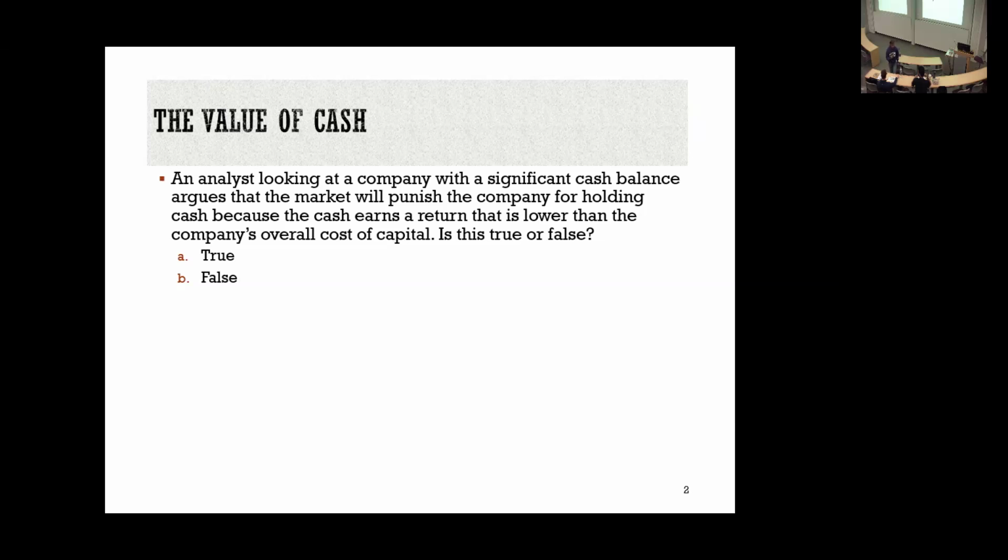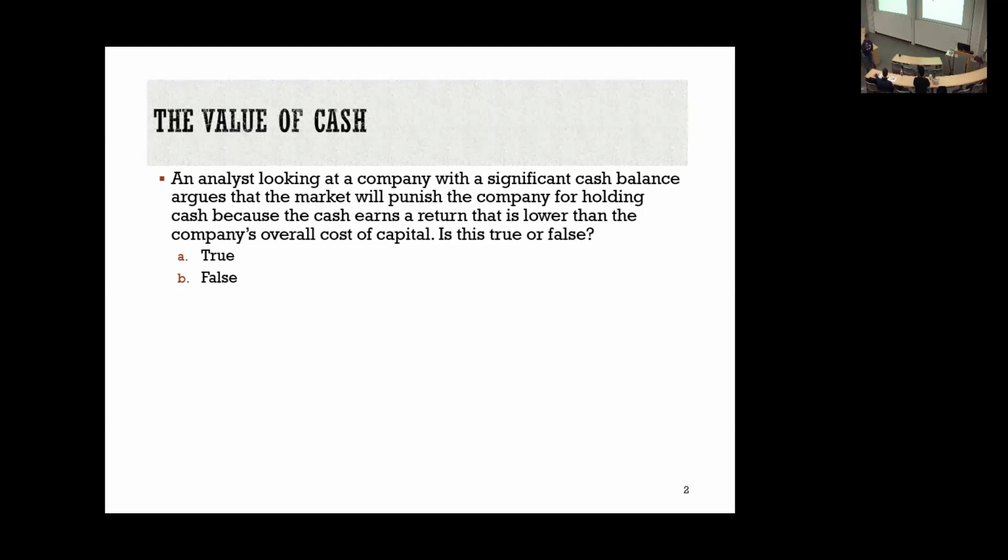T-bills. If you or I invested in something liquid and riskless, which I had to do yesterday, I had to sweep all the extra cash in my brokerage account into something so it's not sitting around idle. I bought T-bills. Why? Because you can directly auction. You don't have to go through a money market fund. You can buy the T-bills directly. You know what I earned? Roughly 4%. It's true cash earns a low rate of return, but it's a rate of return that you should earn given something liquid and riskless.